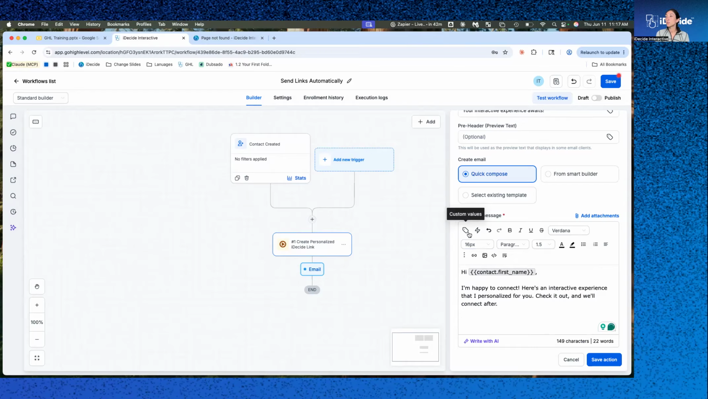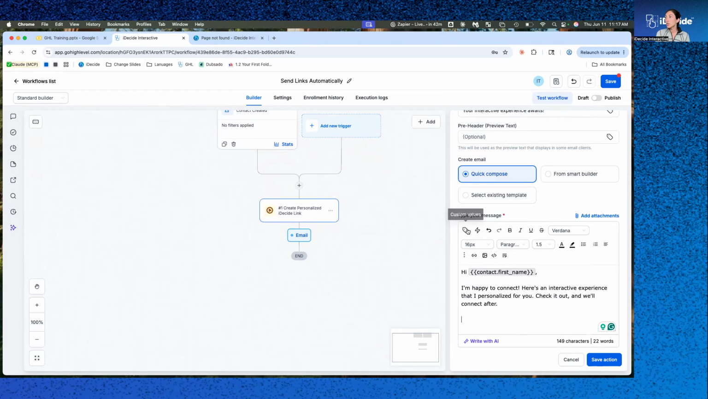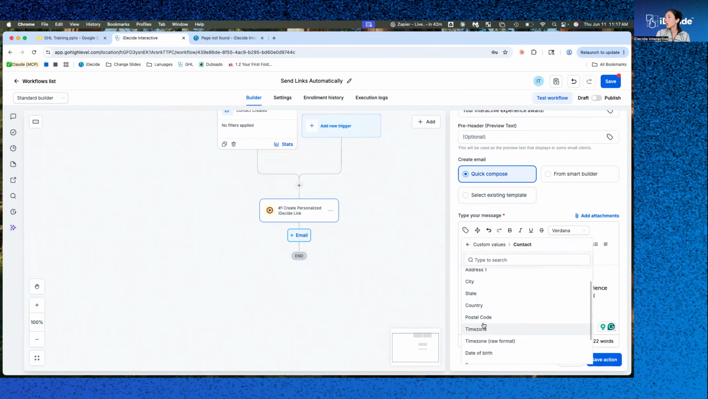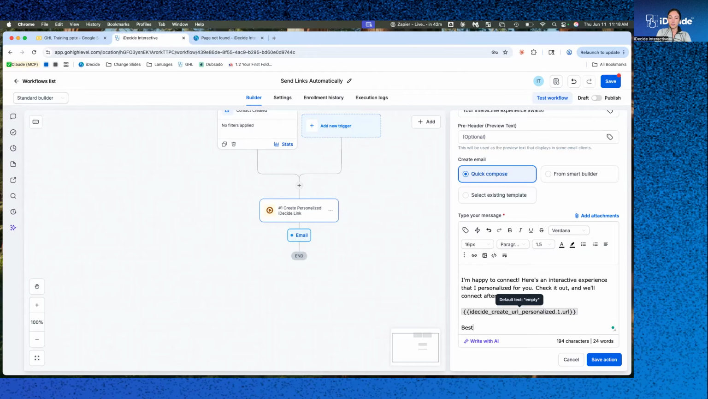Then what we're going to do is get the personalized link that we created in this step. Click on custom values, get out of the contacts, and scroll all the way down, and you're going to see iDecide. Then we see this step one, create personalized iDecide link, and you're going to get the actual URL. The presentation is just going to be the title of the one that you created. We want to make sure we're getting that actual URL for them to click. And then best,